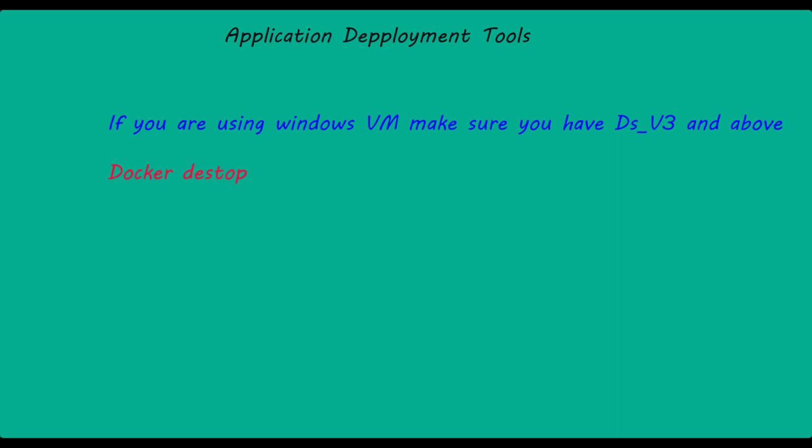Let's discuss what all different software tools you need in order to run your deployment. So very first thing which I'm going to use here is the virtual machine. So I have created a Windows virtual machine for this particular demonstration. So if you are using a Windows virtual machine for the Kubernetes deployment, then make sure you are using the virtual machines which is at least DSV3 configuration, because we will require the Docker installation on this particular virtual machine. You need to install the Docker desktop on the virtual machine.